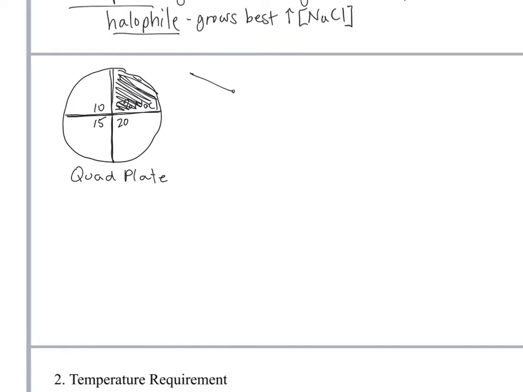Okay, go ahead and flame your loop after you streak it. Let it cool a little bit, dip back into your stock culture, and then streak your next quadrant. Try to streak it exactly the same as you did the first. So whether you start in the middle and move your way out, or start out and move your